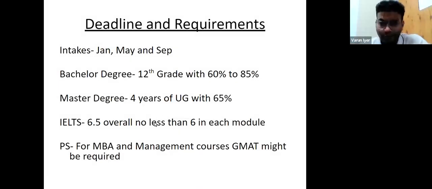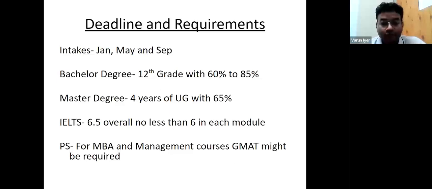So you have to plan your application in such a way, considering which course you're looking for and what the availability of that course is. Another thing is, whether you apply for January, May, or September, this is my personal experience working with students: start your application at least 8 to 9 months before, or maybe 1 year before. For example, if you want to go for next September, better you start applying to that college by this September or October. Why? Because it takes time in Canada to get your admission. It takes about 1.5 to 2 months sometimes to get your letter of acceptance.